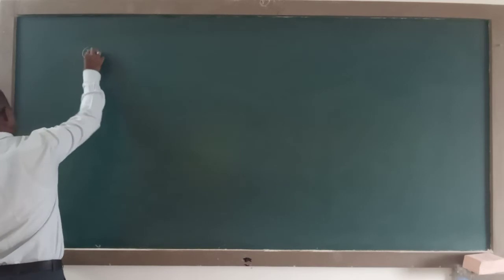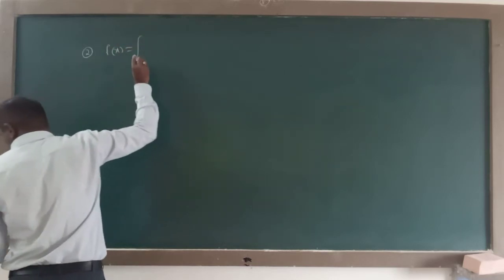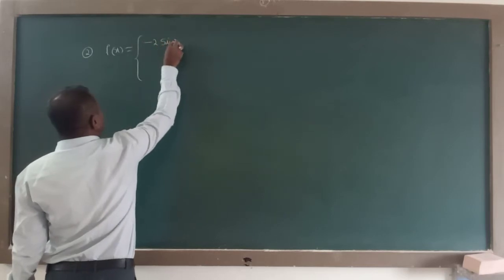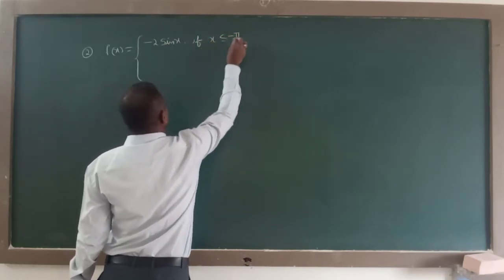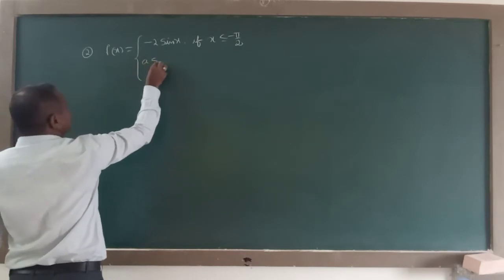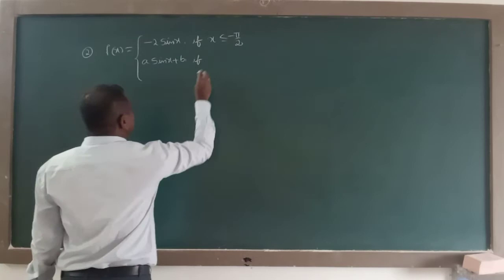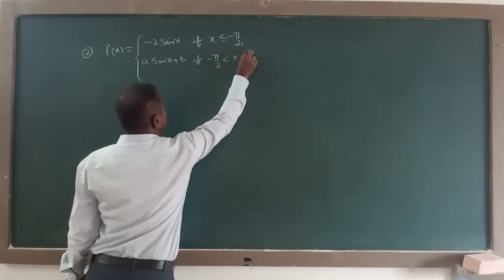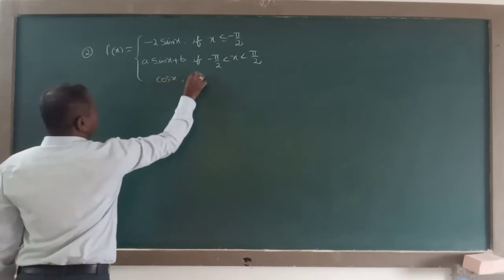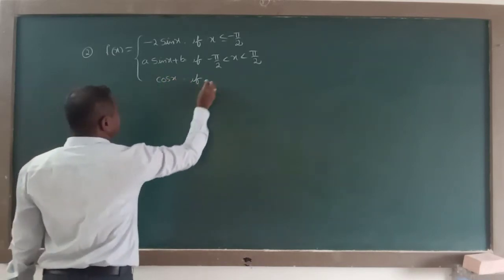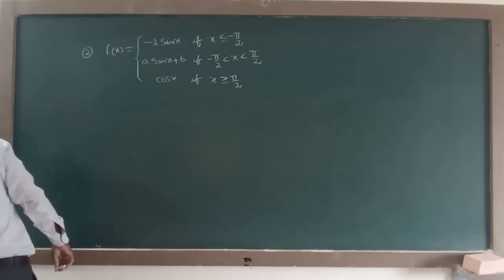Second question is, f of x equal to minus 2 sin x if x is not equal to minus pi by 2, a sin x plus b if minus pi by 2 is less than or equal to x is less than pi by 2, cos x if x is greater than or equal to pi by 2, is continuous. Then the values of a and b